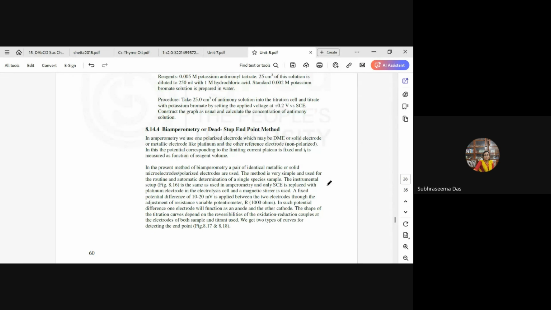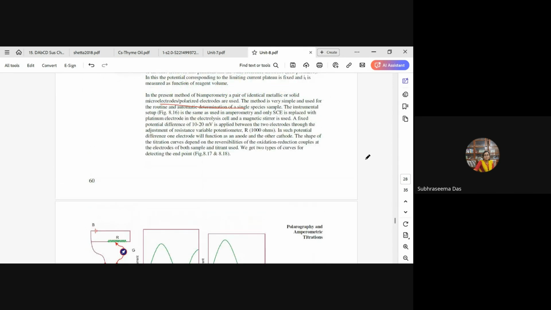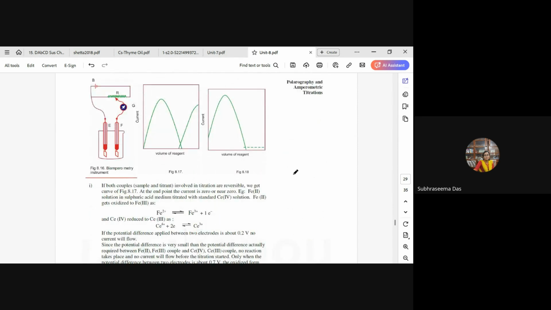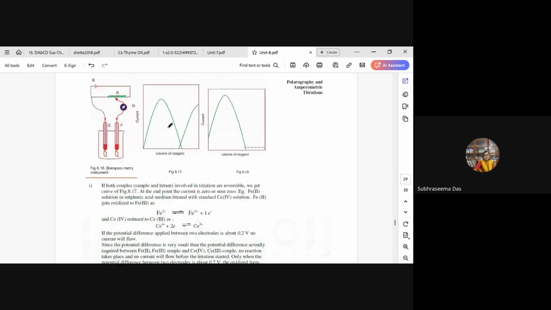In the method of biamperometry, a pair of identical metallic or solid microelectrodes are used. This method is very simple, and the instrumental setup is shown in figure 8.16, where bimetallic microelectrodes have been used. If both the couples involved in the titration are reversible, then we get curves like that shown in figure 8.17. For example, Fe2+ solution in sulfuric acid medium titrated with standard cerium(IV)